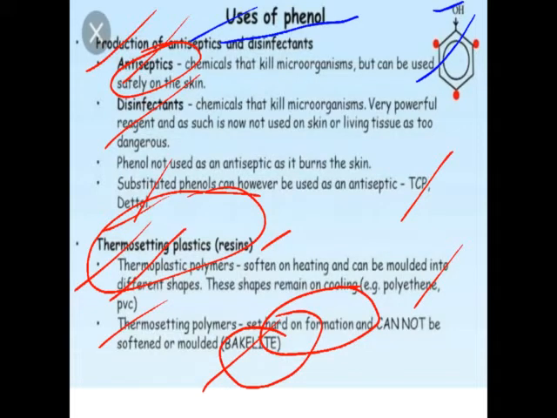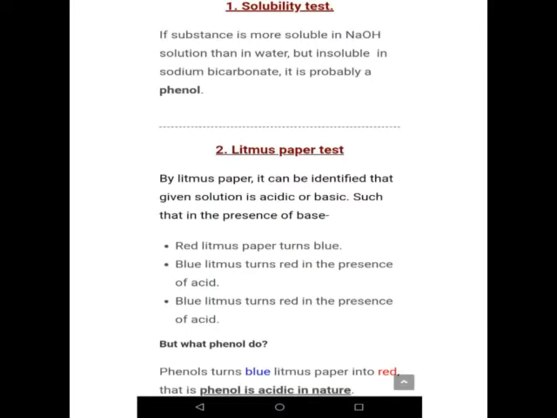So for the preparation of such thermosetting polymers as well as thermoplastic polymers, we can use phenol. Okay, so these are the uses. We will move to the next part of phenol, that is the tests of phenols. There are different tests for phenol. Generally it's identification tests, so we'll check one by one what the different tests are, how we can identify the